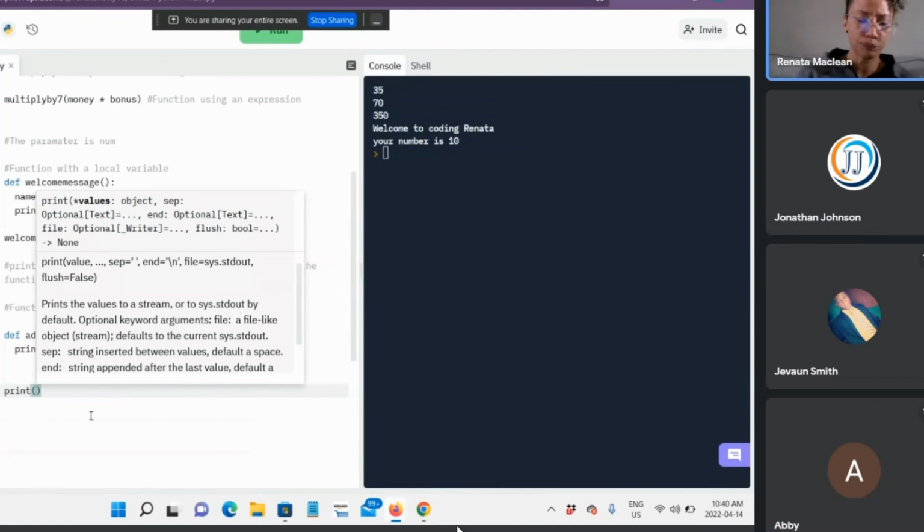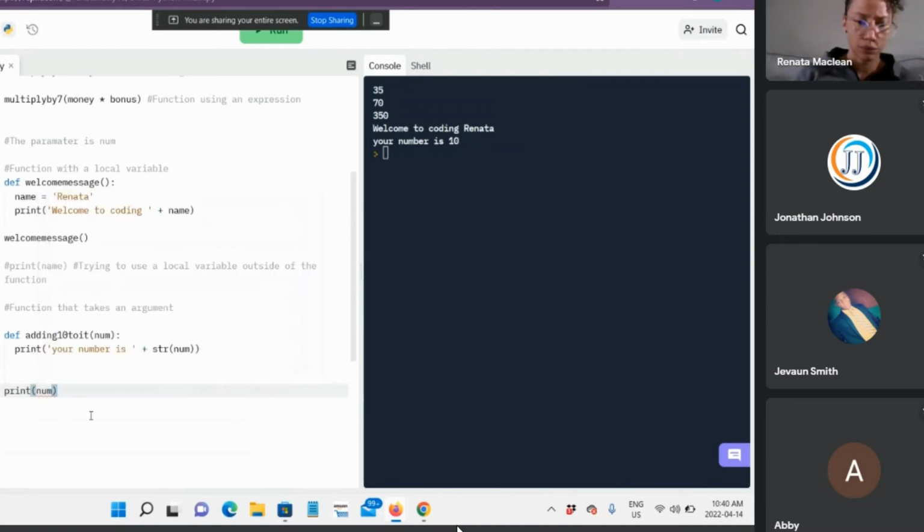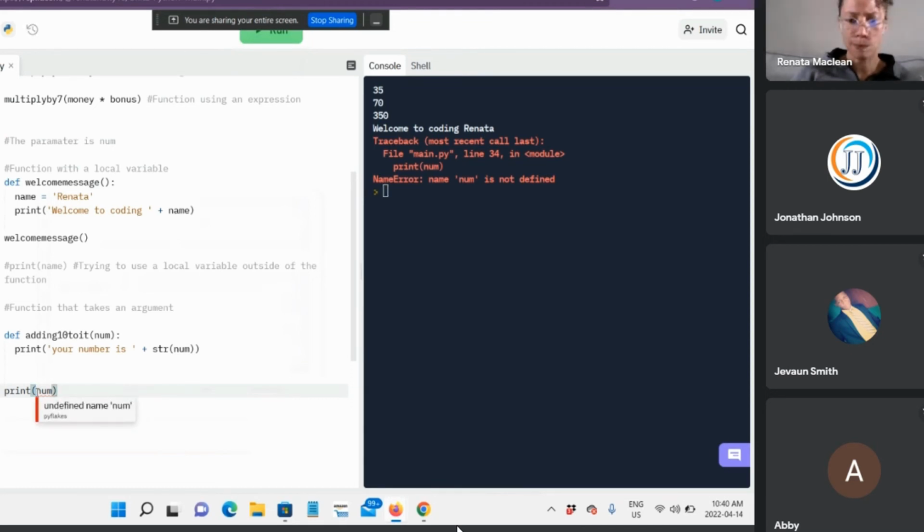We're typing num, the parameter that we're using in the function. Let's try to run it now. Alright, so it says num is not defined, so we also get a name error, okay? No, num is perfect when we had our function being called, remember? So let's call the function again. You remember, let's type the function call.